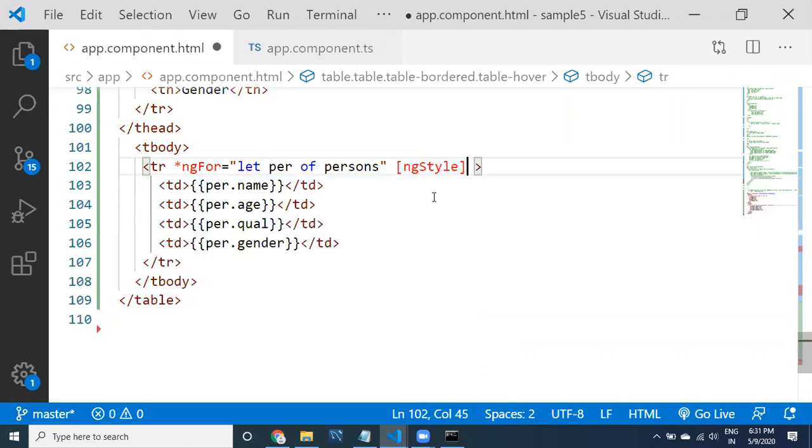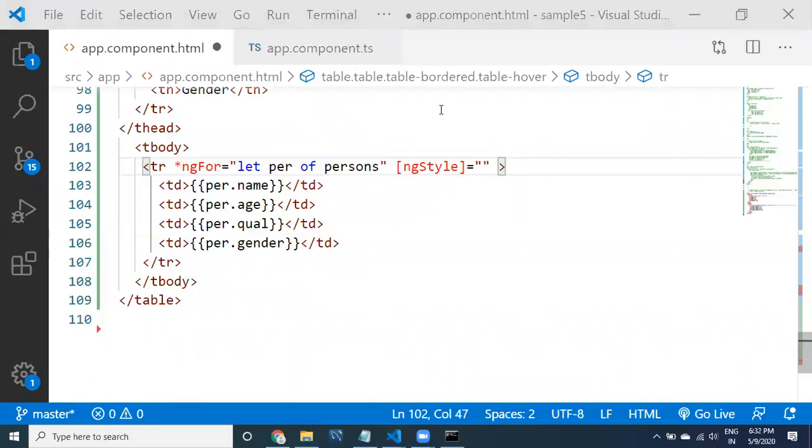Just look at it, ng style. Here in the ng style, how can you apply it? Somebody pinged me to open the component.ts file to see how you have provided that hard-coded color property.